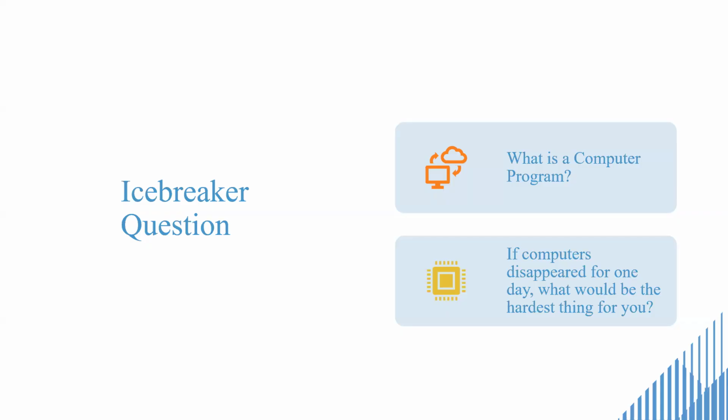Hello to everyone. My point of view about the first question, what is a computer program? A computer program is a set of instructions that we can say is written by a human. When we enter data in the computer, it resolves the data from zero, and it tells the computer what task to perform, and also the instructions in a computer process the data, solve problems, and run an application.